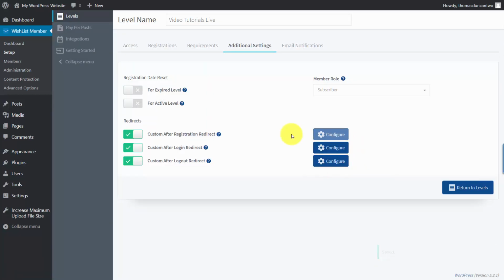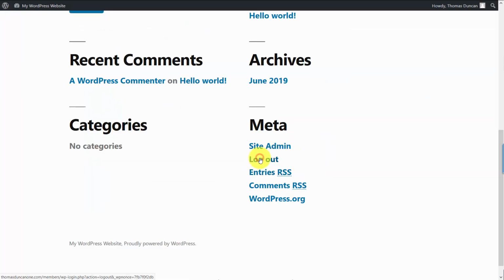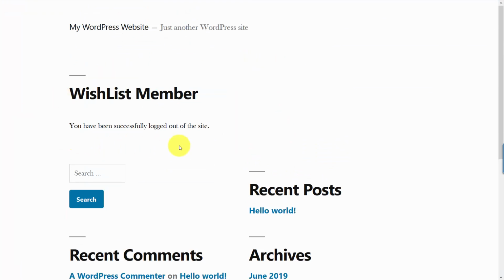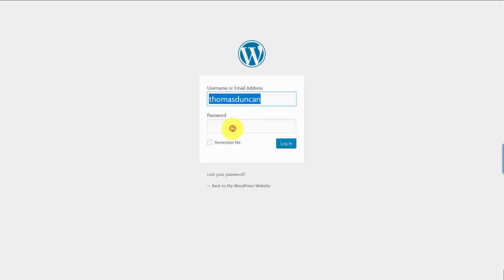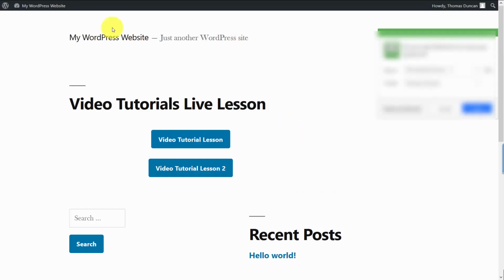So now what we're going to do is go and log out of our site and log back in. So we're going to log out on the home page and we see our success message. We have been successfully logged out of the site. We're now going to log back in and we're going to log in here. This time we are redirected immediately upon login to our lesson where our